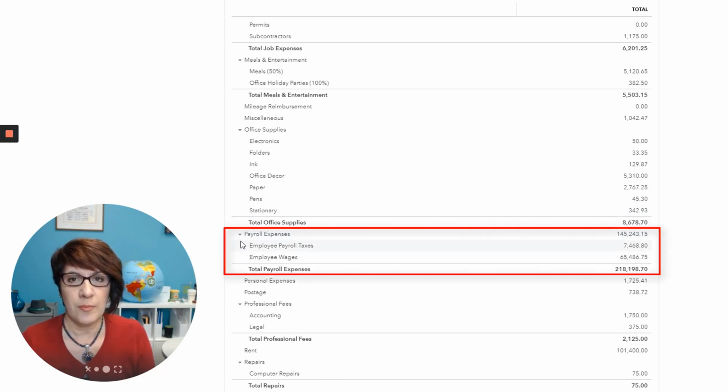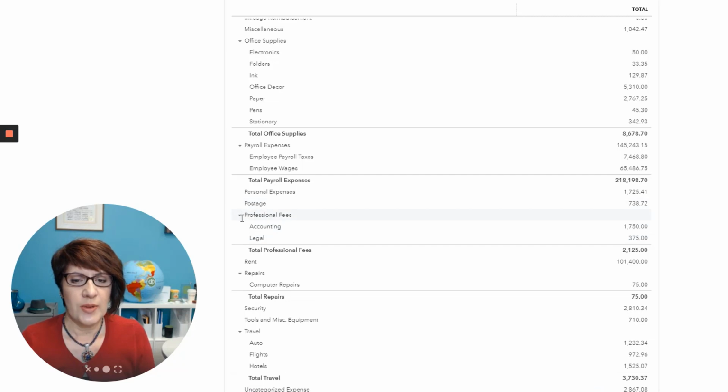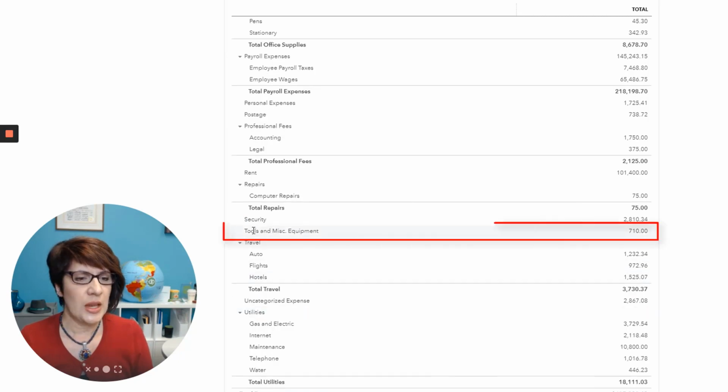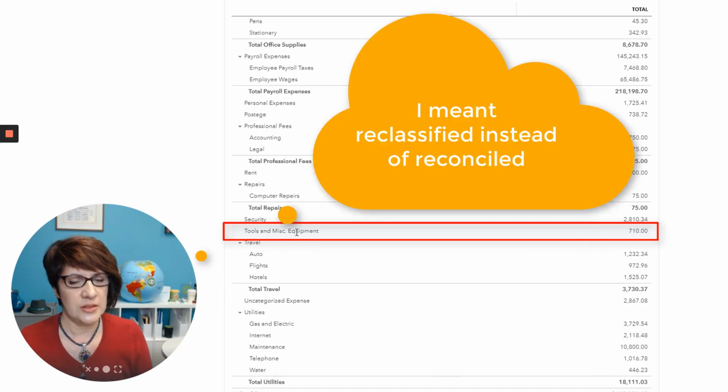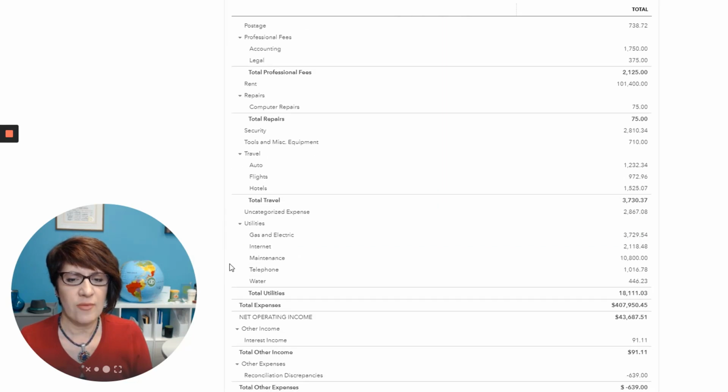Based on my conversation with the client, we may pull out some of the payroll expense and put it in cost of goods. And we've got some professional fees, repairs, security, tools and miscellaneous equipment, which might be another account that may need to be reconciled. Again, I'll have to talk to the client about that. And we have travel,